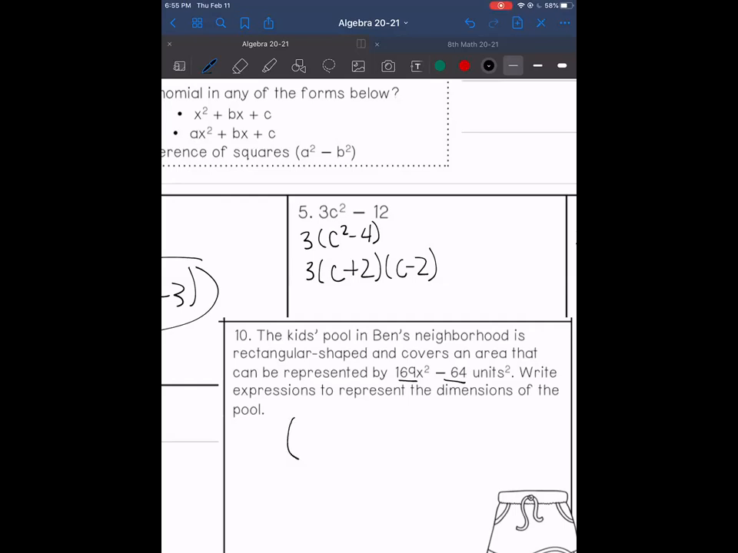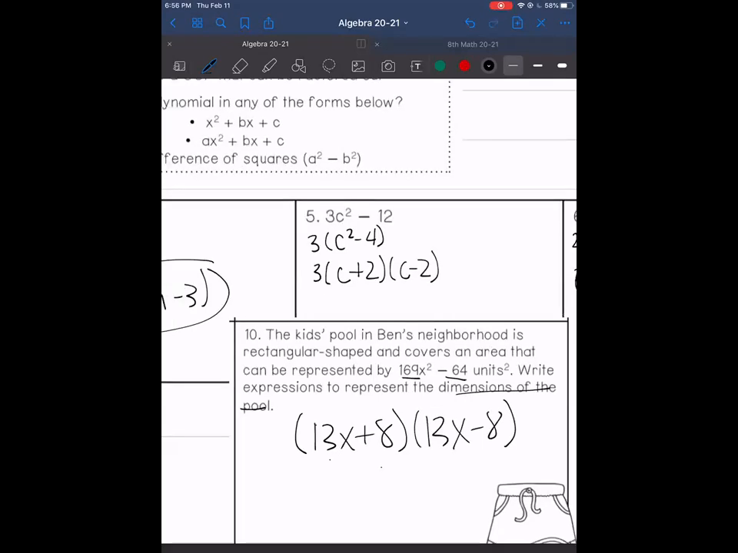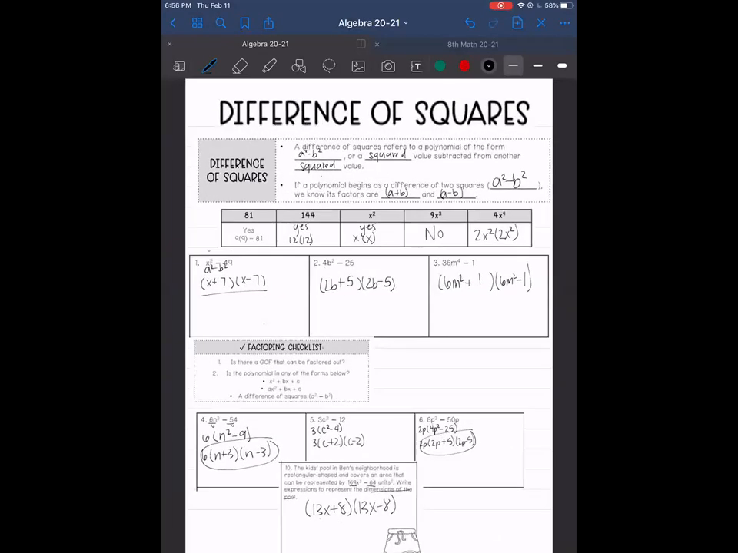So we're writing the expression to represent the dimensions of the pool. So its area, we're multiplying, so that's why I know to write the two factors. The square root of the first term is 13x, so the factors are 13x plus 8 and 13x minus 8. All I'm doing is taking those two terms. I know they're perfect squares, and I'm taking the square root to figure out what my a term and my b term are. So that is difference of squares. You can go ahead and start working on your